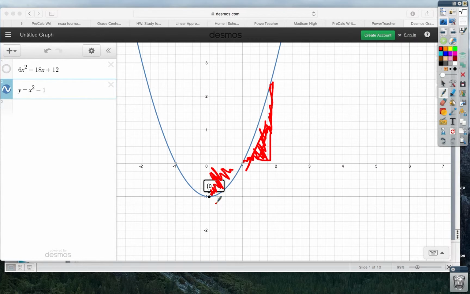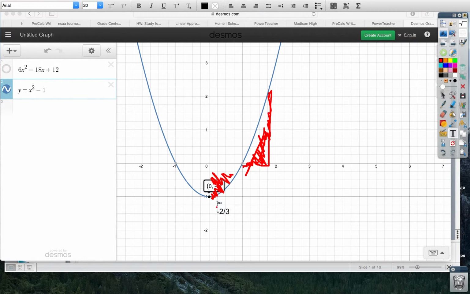So this gives us negative 2/3. Now if we do it from 1 to 2, we get 1.33 or